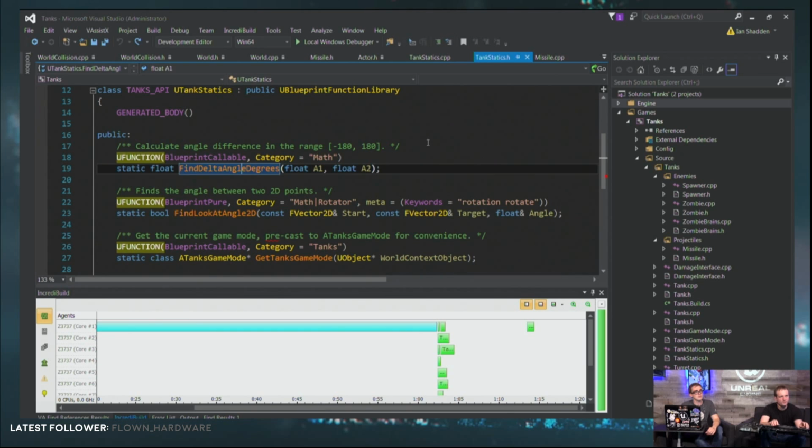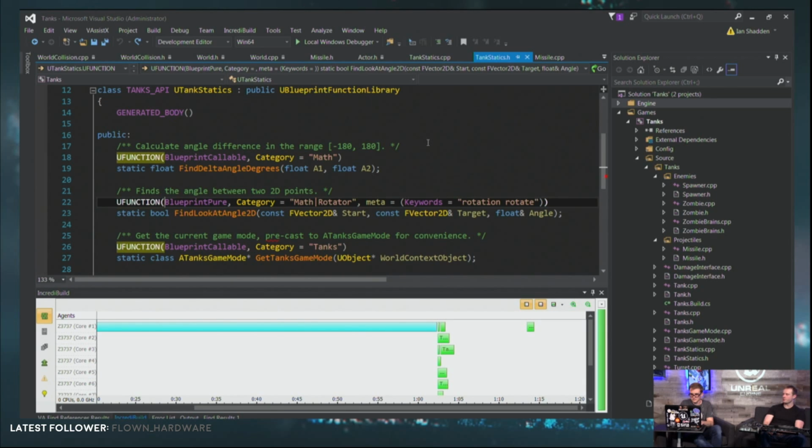Blueprint callable is one of the options that we have here, as opposed to blueprint pure. Oh, I wasn't going to say that yet, but yes. I'm getting ahead of myself. But yes, blueprint pure is one. I was going to say the other ones are blueprint implementable. So that's one where the function does nothing unless you make a blueprint function with that name. So this way you can have something that your artists, usually your artists, but possibly your level designers, or your regular designers will want to use.